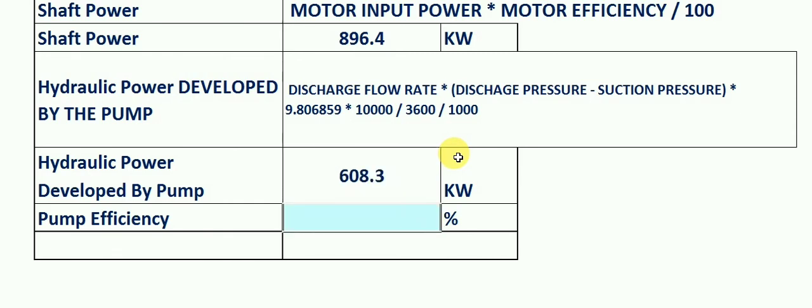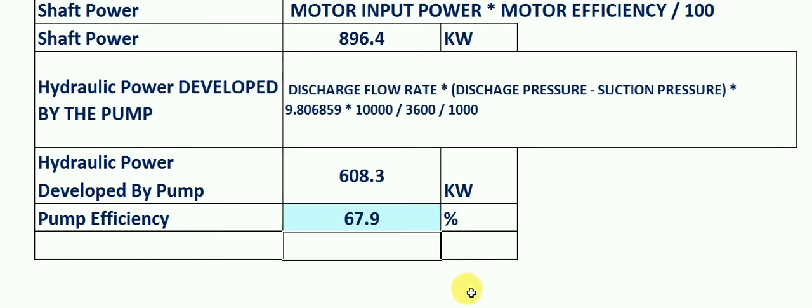So we have the hydraulic power. Hydraulic power is nothing but energy stored in the liquid outlet of the pump. So now energy stored in the liquid outlet we got it, and input power, shaft power, pump input power we got it. So output power of the pump divided by input power of the pump into 100 is the efficiency of the pump straight away. So hydraulic power we got, pump input power we got, into 100, we'll get 67.8% is the efficiency of the centrifugal pump.